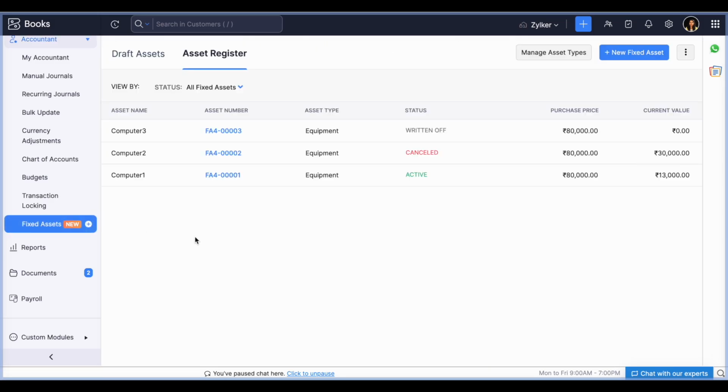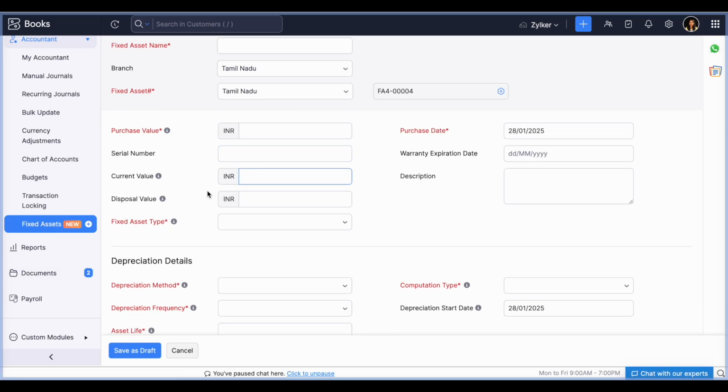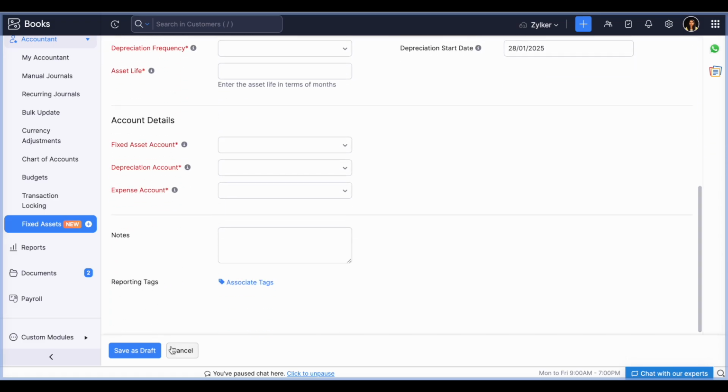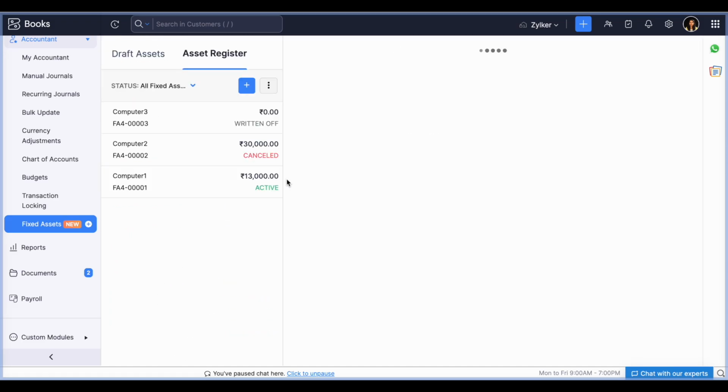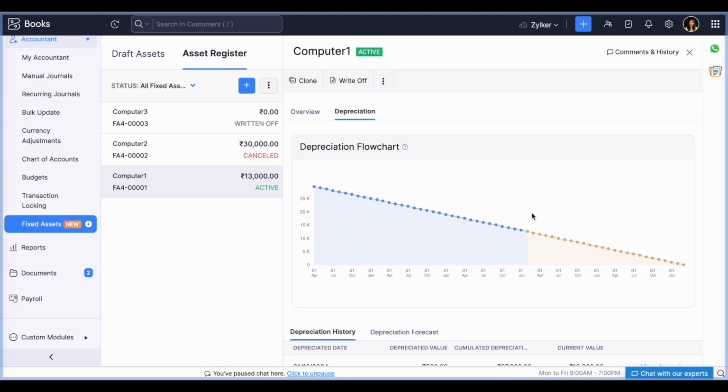Earlier, a fixed asset would be created as a purchase bill, and for depreciation, we would create a manual journal. Using this fixed asset module, we'll be able to easily manage the life cycle of a fixed asset. We can either create a fixed asset directly from the purchase bill, or we can create it from the fixed asset module itself. We can give the required information like purchase value, expiry date, and other information in it. After creating, this particular fixed asset item will be displayed here. Here you will be able to see the depreciation journal also and how the depreciation has occurred.